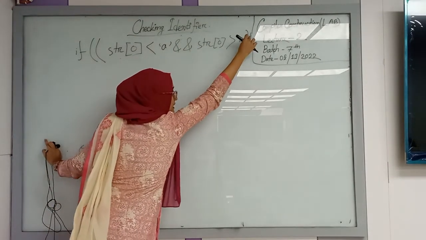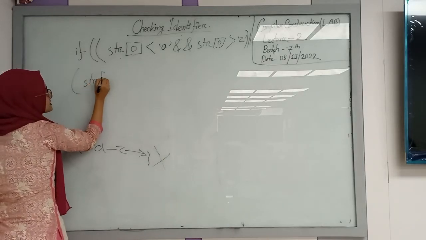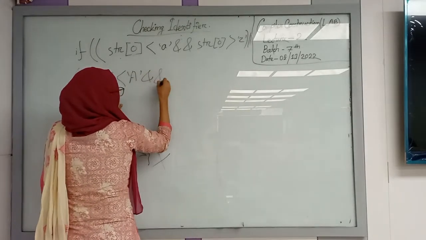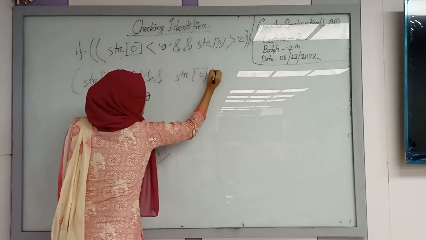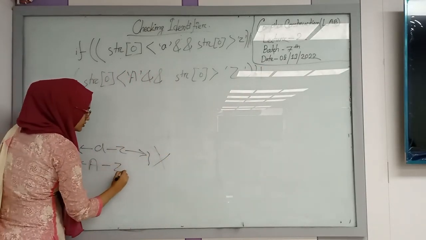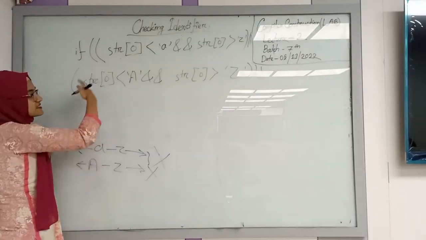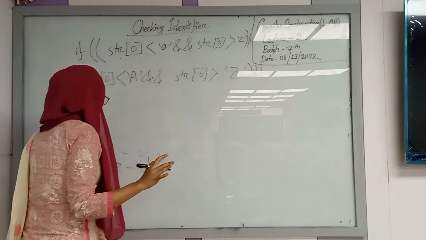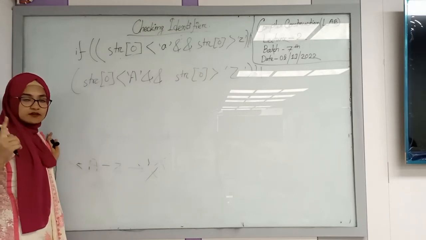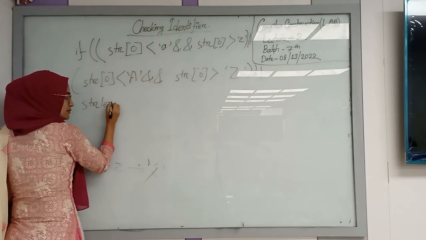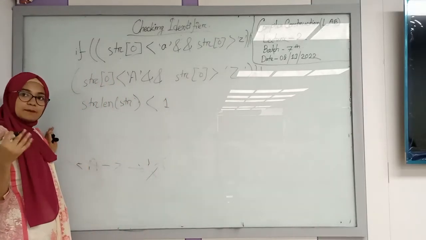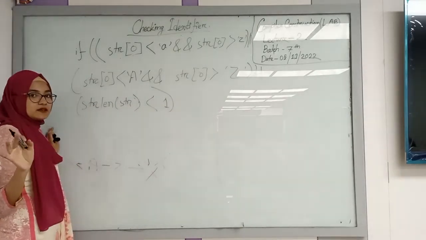ঠিক আছে? অথবা এখানে একটা অর সাইন আছে, আবার আমার যদি স্ট্রিং এর যে ফার্স্ট লেটারটা এটা যদি ক্যাপিটাল এ এর থেকে ছোট হয় এবং ক্যাপিটাল জেড এর থেকে বড় হয়, তাহলেও সেটা ক্যান্সেল হয়ে গেল, ওগুলো কন্ডিশন চলে গেল। আবার মনে করেন আমার স্ট্রিং এর লেন্থ যদি 0 হয়, আমার তো মিনিমাম ভ্যারিয়েবলের লেন্থ কত? 1। তাহলে str লেন্থ দিয়ে আমি স্ট্রিং লেন্থ চেক করব। স্ট্রিং লেন্থ যদি লেস দেন 1 হয় তাহলে সেটা আমার অটোমেটিক্যালি বাদ, কারণ 0 মানে কি, এটার মধ্যে আমার কিছু নাই।